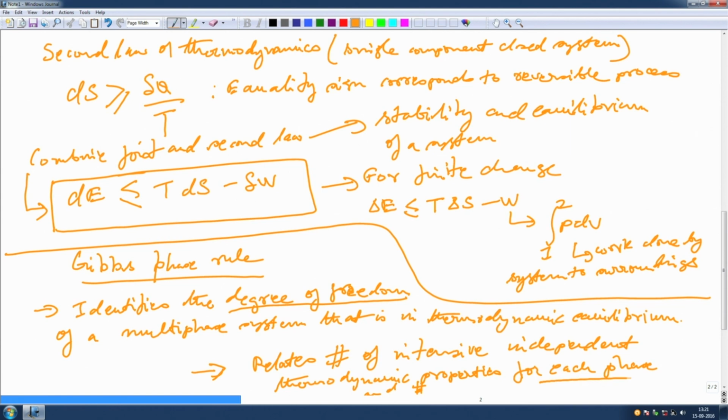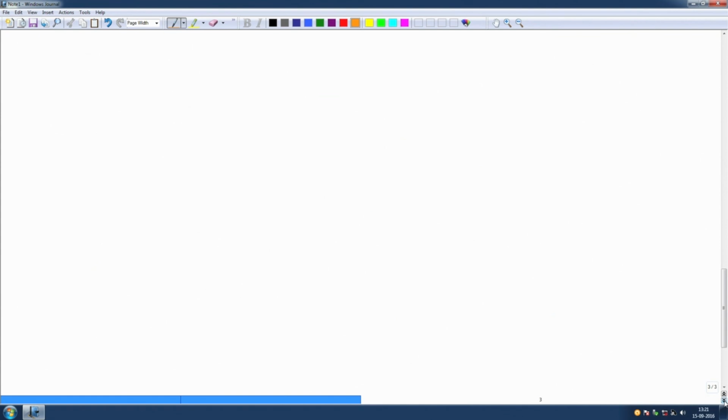So, it basically relates the number of intensive independent thermodynamic properties for each phase and the number of phases for a system. In equation form, if we have to write, this will be something like this,